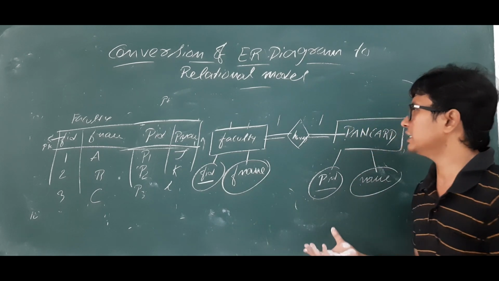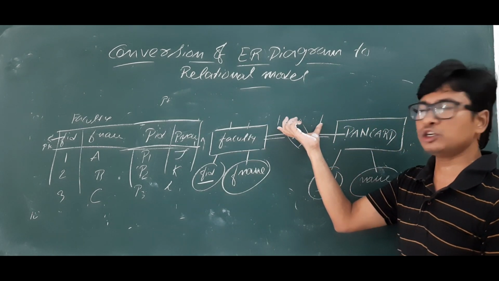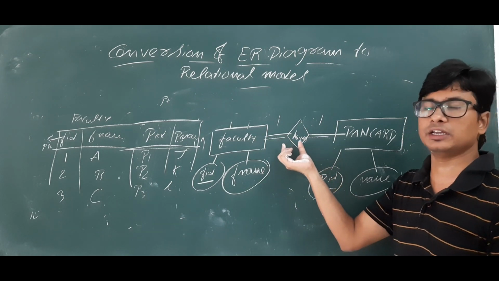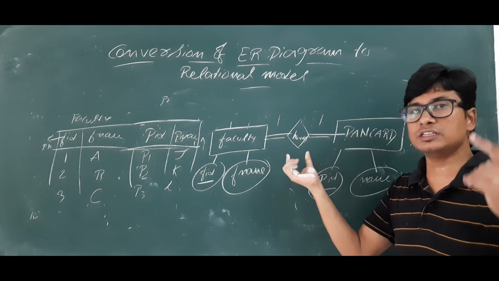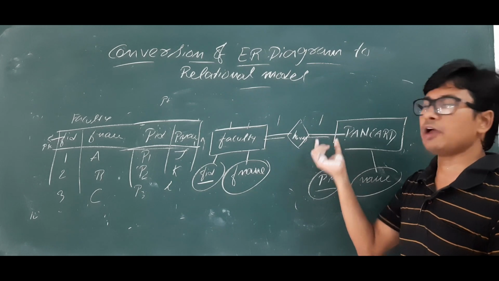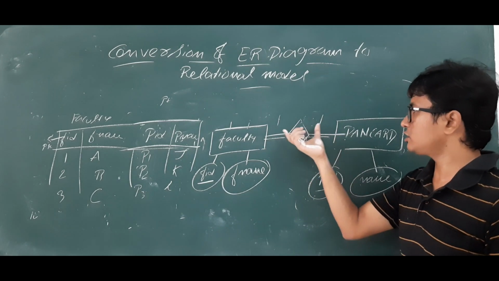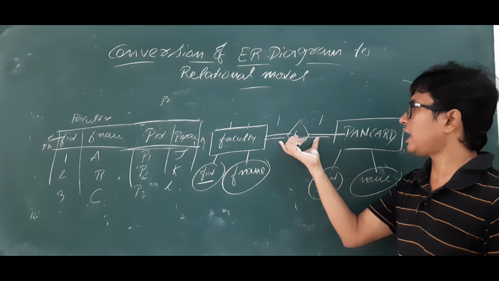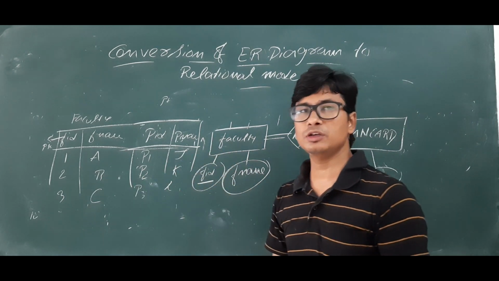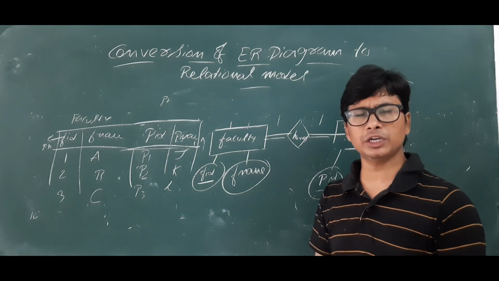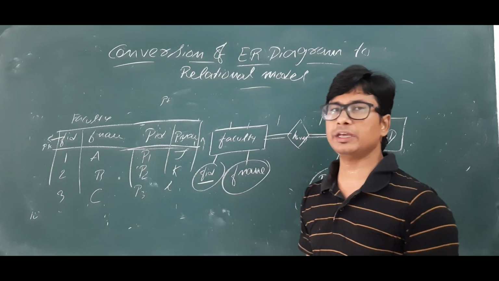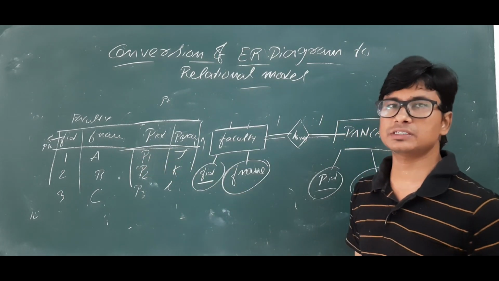So what I want to say is that if you have a 1-to-1 relationship between the 2 entities and both the entities are participating in a total participation. In our earlier case, the faculty had a partial participation and the department had a total participation. In this case, it is a 1-to-1 relation and both have a total participation. Instead of having 2 tables, we can make it a single table. So for a better design, even if you keep it as 2 tables, you are a designer, but I want all my students to be better designers. So that's why I am saying that you can combine it into a single table.